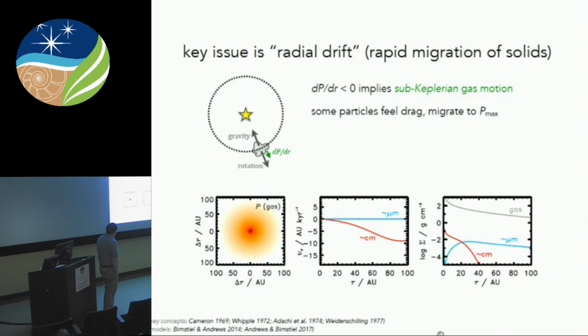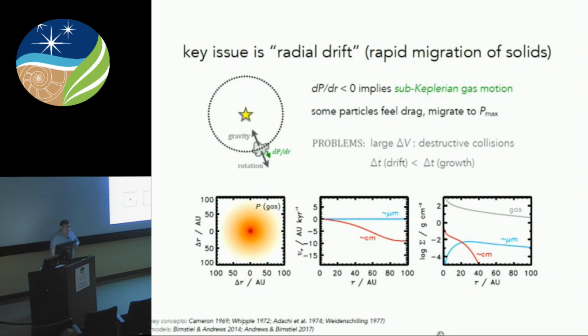These are kind of crazy units even for an astronomer, but they're my favorite units because they're instructive for understanding the level of the problem of this migration. They're 8 astronomical units per 1,000 years. So at tens of AU, these pebbles are moving 10 AU in 1,000 years. Typical disk lifetimes are maybe 5 million, 10 million years, so you can see you really should deplete these particles very quickly, especially from the outer disk. And this is what you see here. This is the surface density as a function of radius of these particles. The micron particles trace the gas pretty well, but the pebbles are much more radially concentrated.